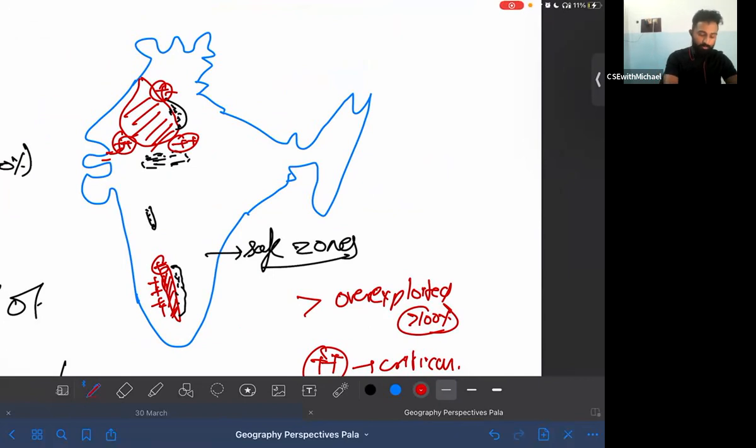Some of the overexploited regions include almost all of the Green Revolution belt of Punjab, Haryana, Western UP, Eastern Rajasthan. Right. So we are not spending too much time on this. The reason being the altered land use policy, altered cropping pattern which is unsuited to the agroecological conditions of the region. Agroecologically unsuited cropping pattern dominated by water intensive crops like